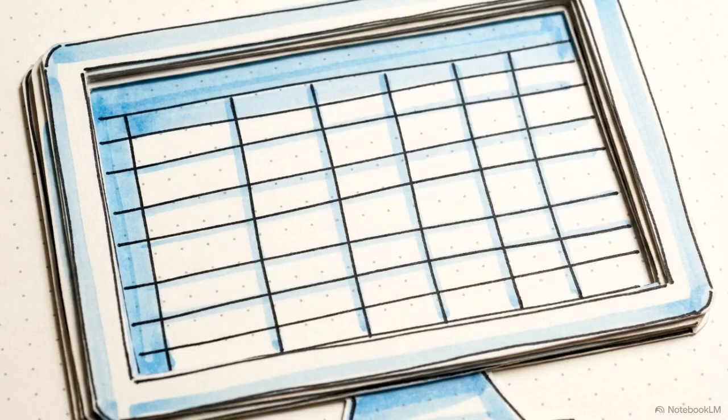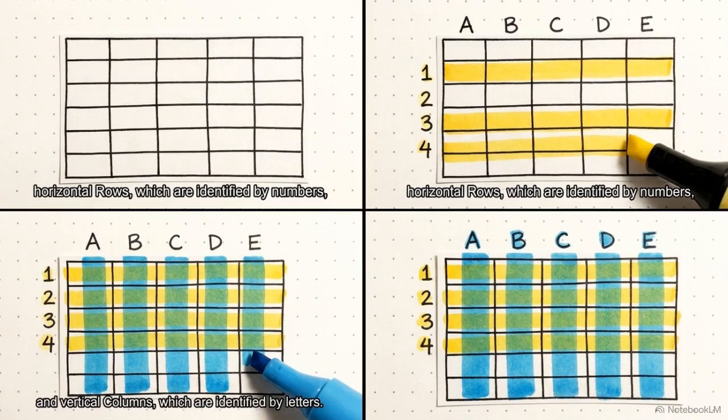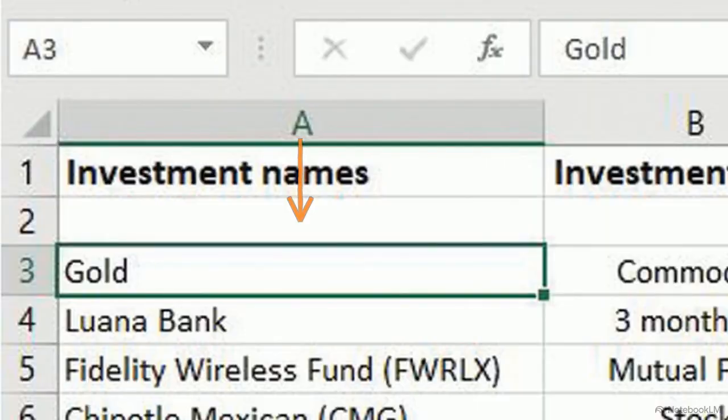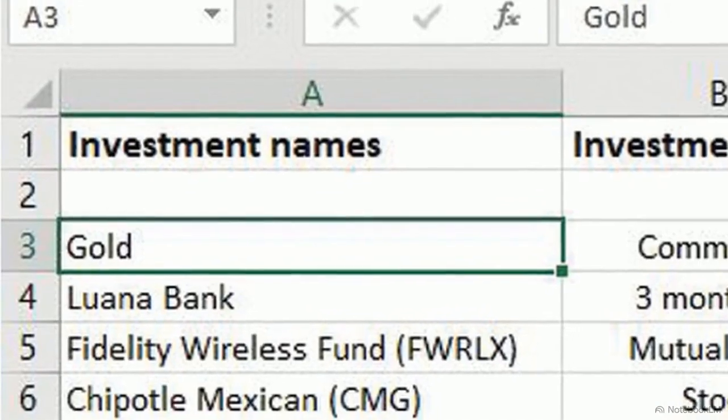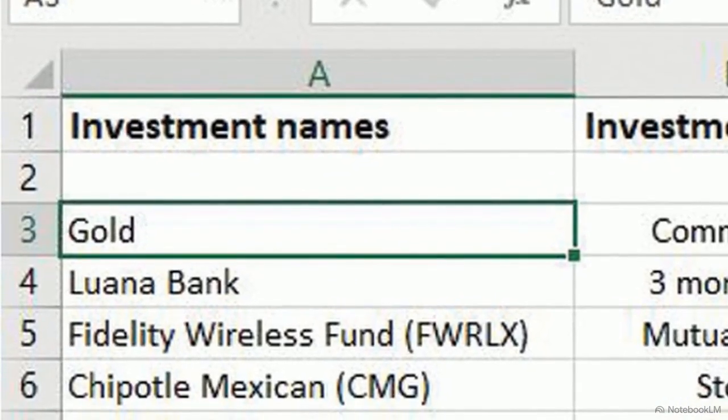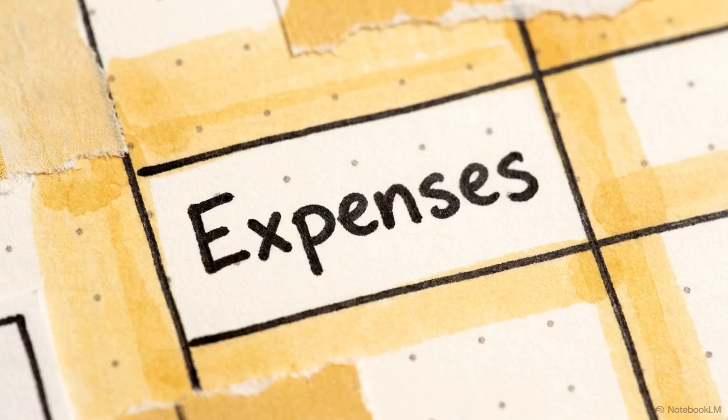When you open a blank file, you'll see a basic grid architecture. This grid is composed of horizontal rows, which are identified by numbers, and vertical columns, which are identified by letters. The intersection of a row and a column forms a cell, like A3 right here. This is the basic unit where data is placed, and when you select it, the heavy border identifies it as the active cell. You can type a standard text label into any cell to organize your sheet, but the program